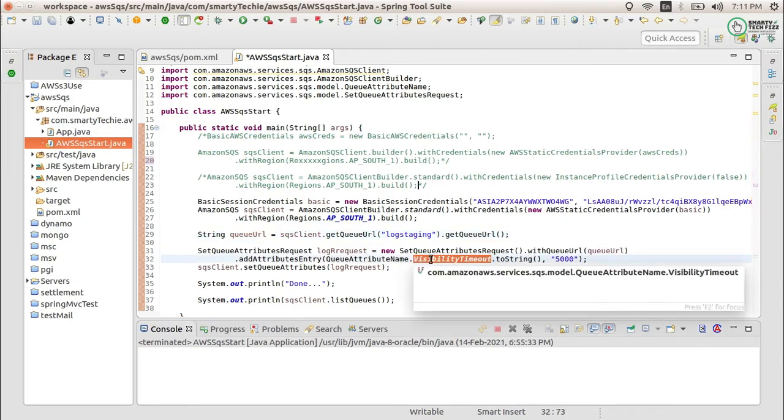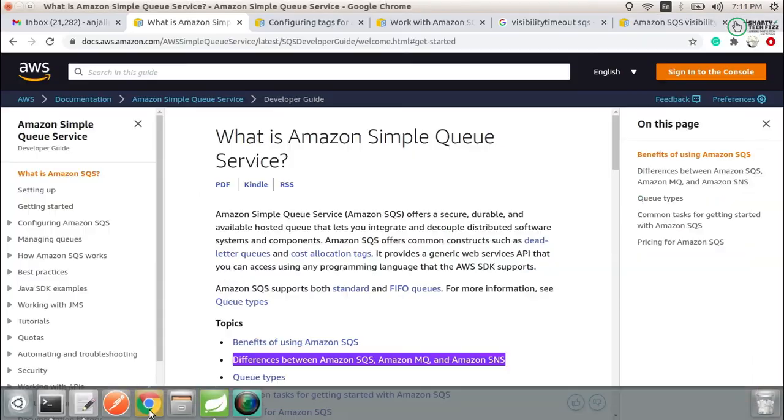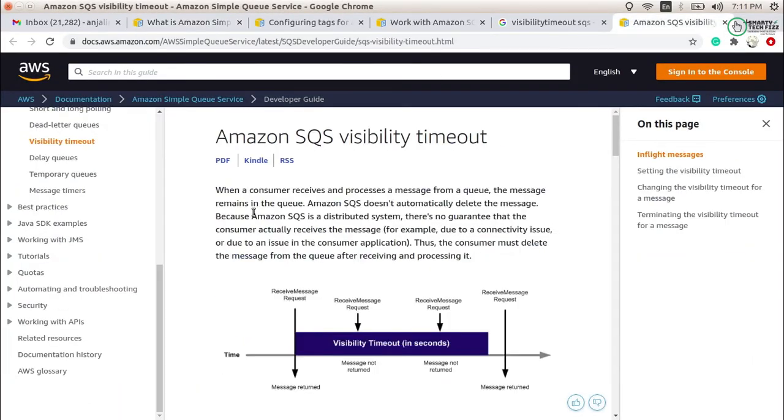See, Amazon SQS service works like a distributed system, and it never deletes the messages once they have been read by consumers. If you go and read the documentation, you can see that when a consumer receives and processes a message from a queue, the message remains in the queue.